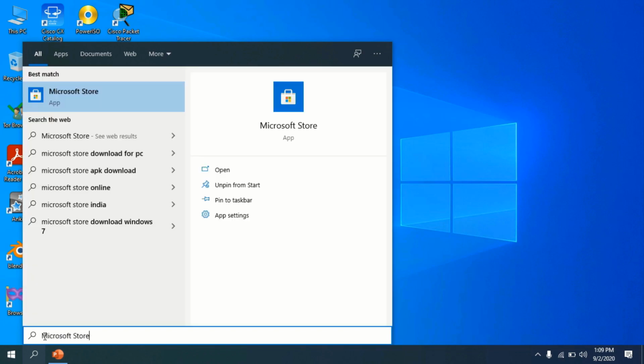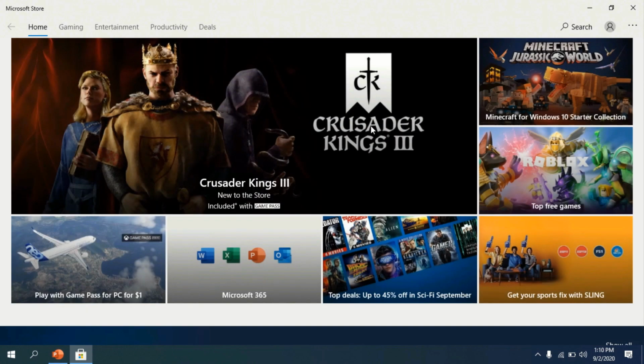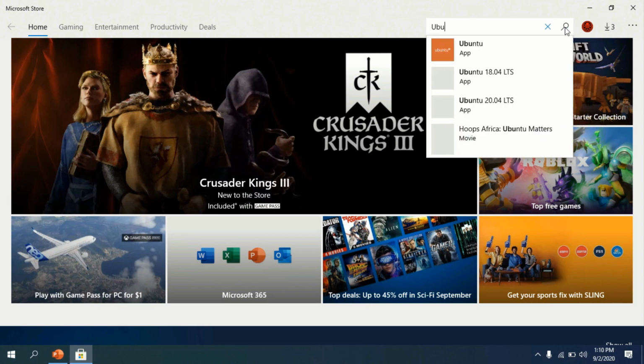Now in Cortana, search for the Microsoft Store application and click on it to open the application. Once Microsoft Store is opened, search for Ubuntu and press Enter.